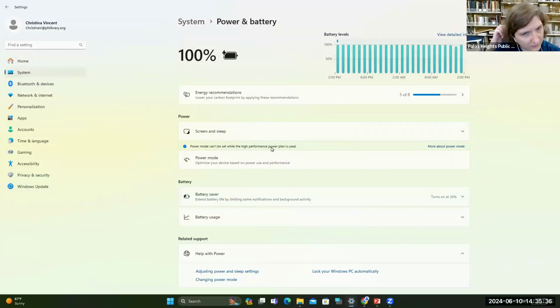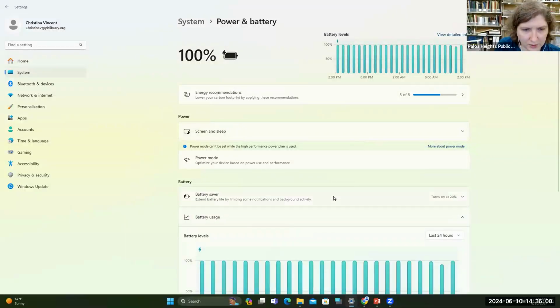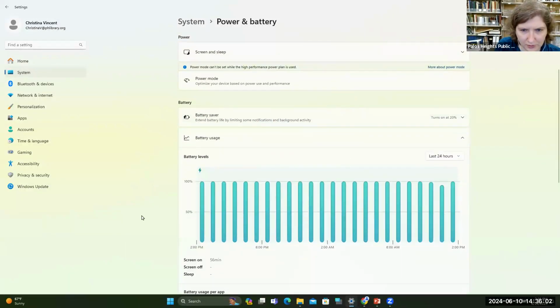But you can set which power mode you can have, so like how fast your computer works, but then it might use more battery life. So if you're not using your device for any high-end stuff, you can usually have it at a middle power mode. And this even lets you know how much battery usage you use. We use quite a lot since we're at a library.